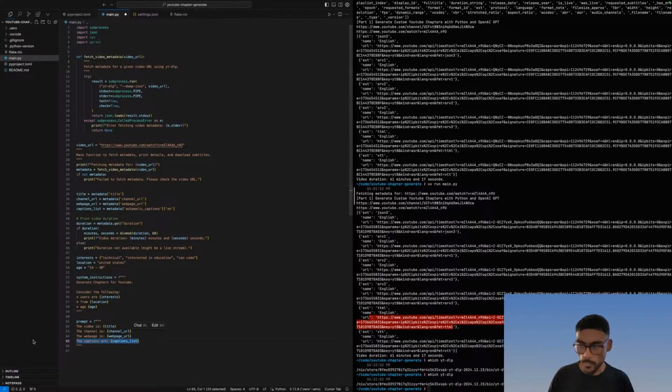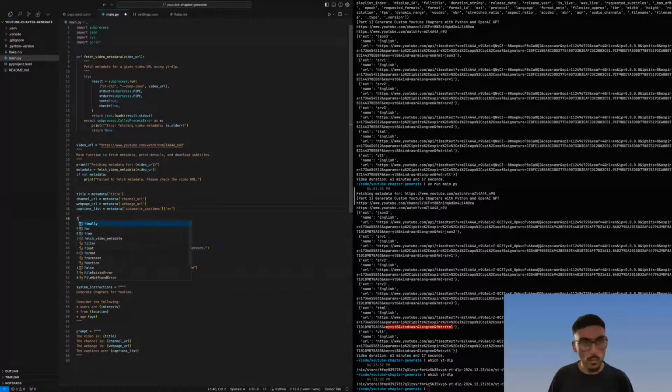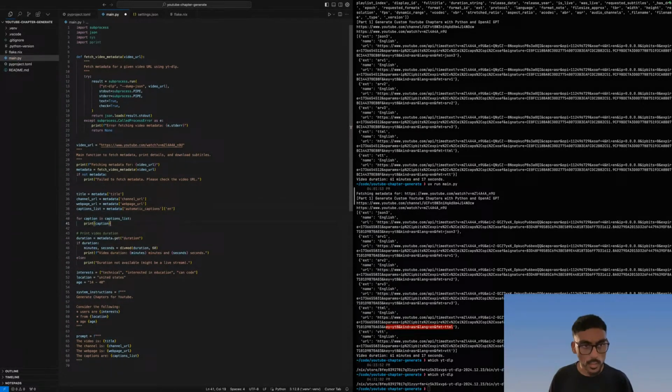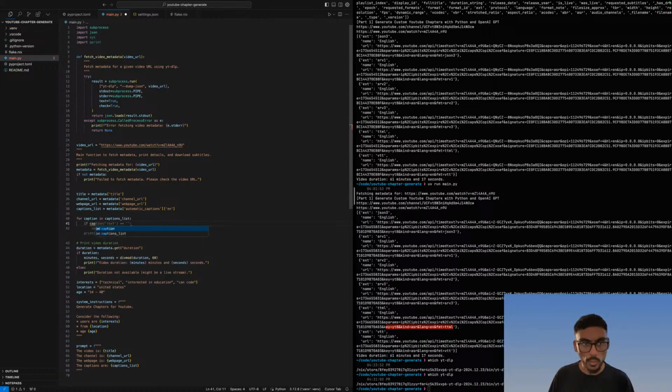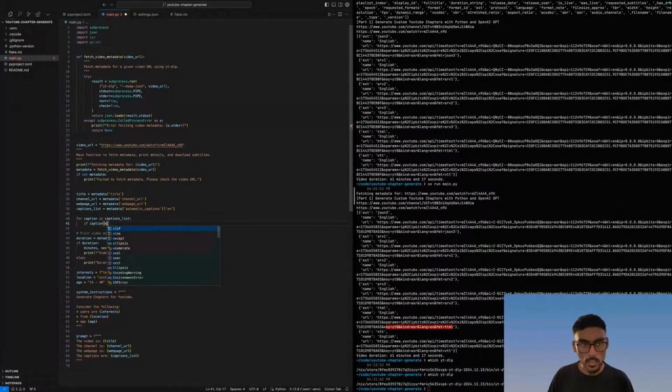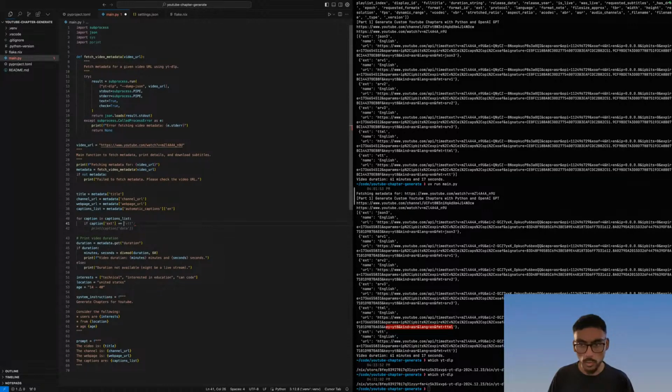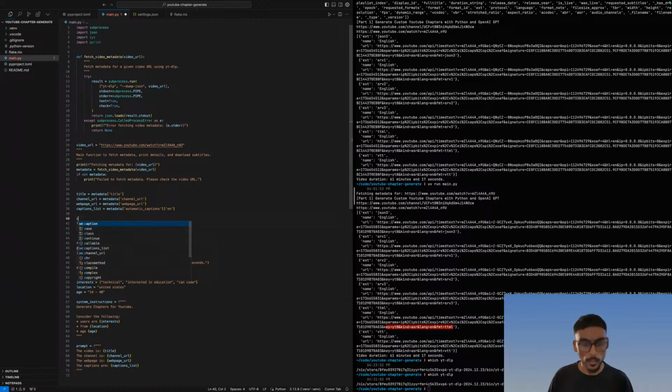So this is not the captions that we want to send. We want to send another one, but let's see here. So let's actually get the captions from this URL. What we could do is captions list. We're going to do for caption in captions list. If caption extension is equal to ttml, right? We want to get the URL. Captions URL is equal to none.